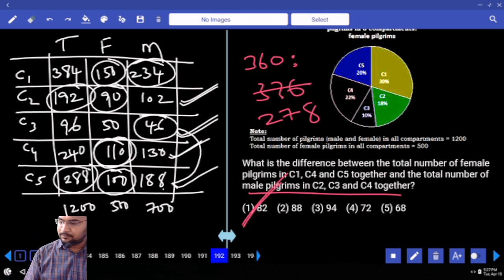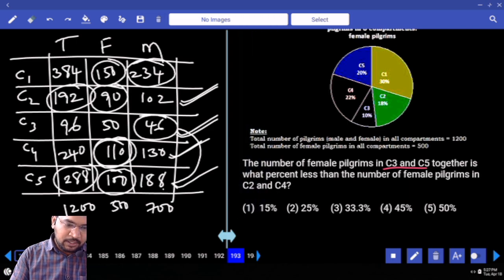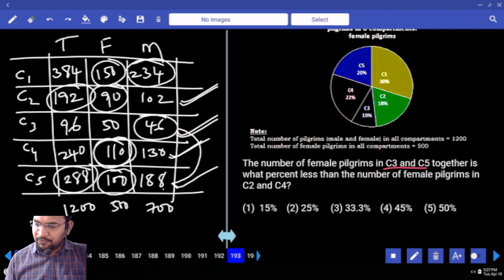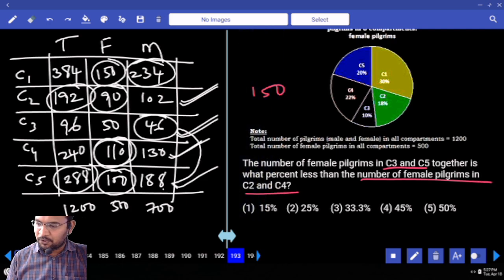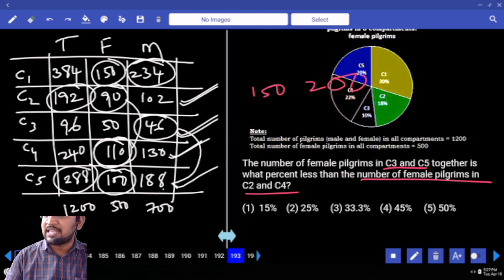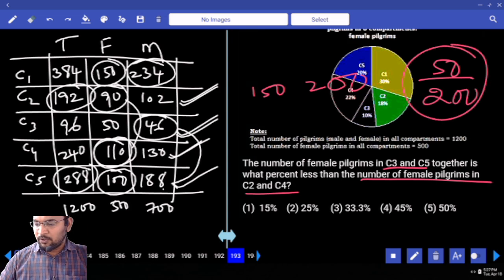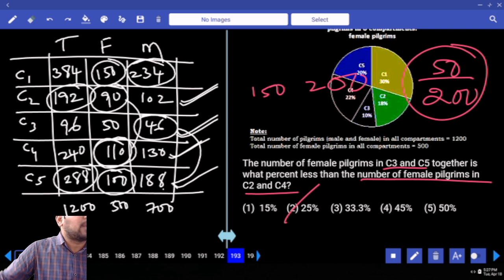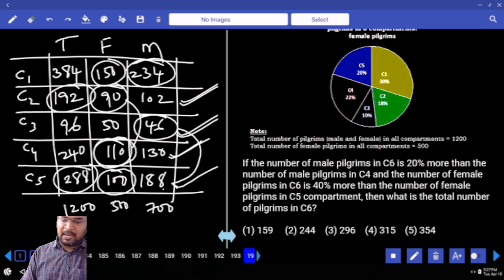82. Next one. The number of female pilgrims in C3, C5: 50, 100, 150. 150 is what percent less than the number of female pilgrims in C2, C4, which is 200? So 150 is how much less than 200? 50 by 200, 1 by 4, is nothing but 25%. Your answer is 25%. Next,